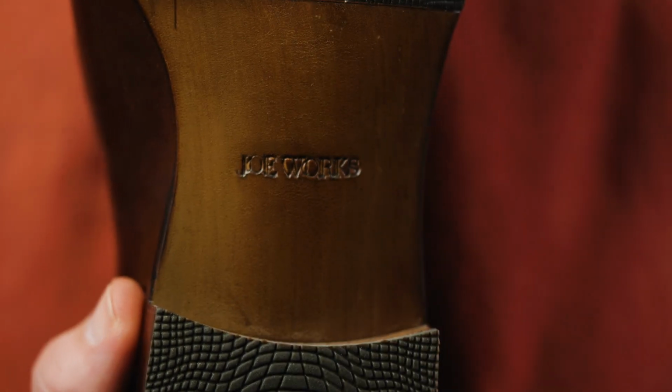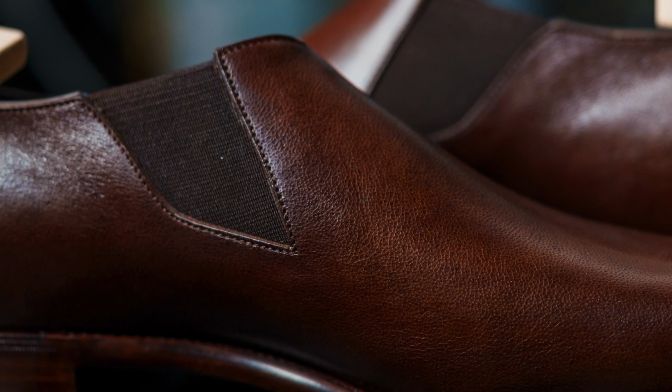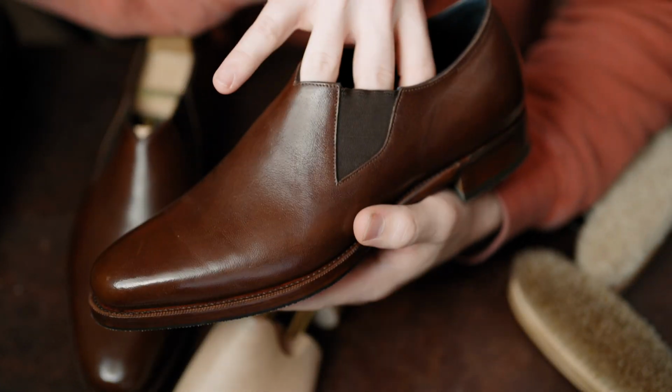Now this is made in camel leather. This is my first experience with camel leather, so I don't really have much of a reference to talk about the quality, but I think one thing that you can see here, and let me remove the shoe tree here, and we can get to that next, is that this leather